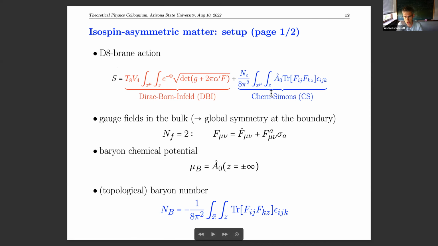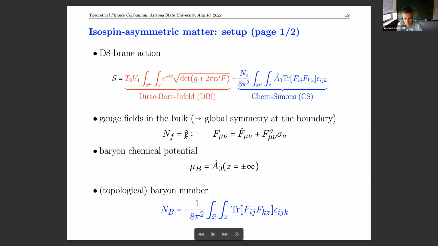Then there's a Chern-Simons part, which is very important because this is the topological baryon number. This is some F F dual term, which couples to the abelian part of the gauge field, which you can think of as the mu B, the mu baryon. I should say this stands for space-time. Z is now a parametrization of these connected branes. So I'm switching between U and Z. Think of this as the holographic coordinate.